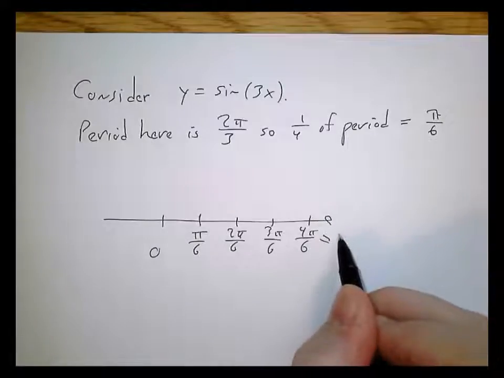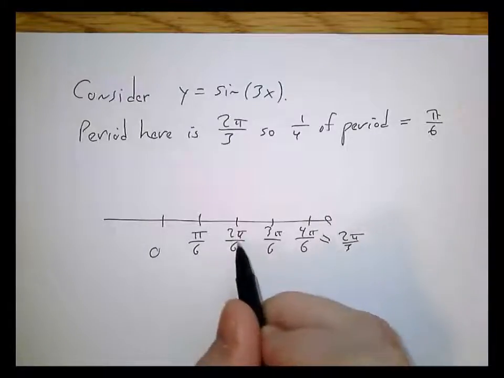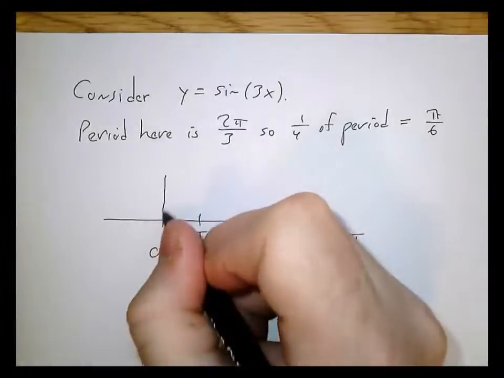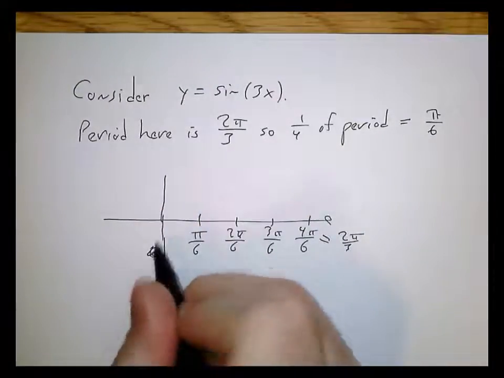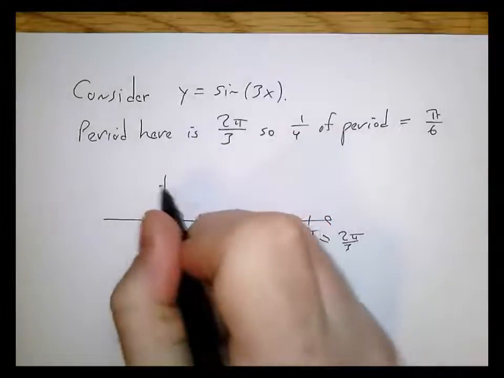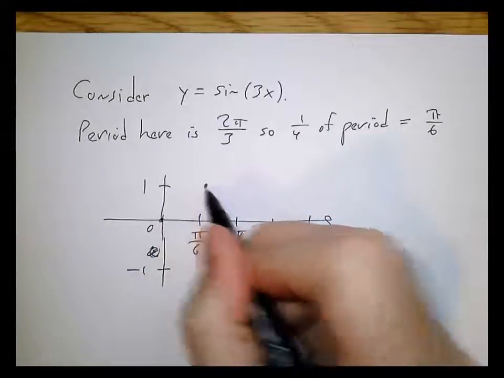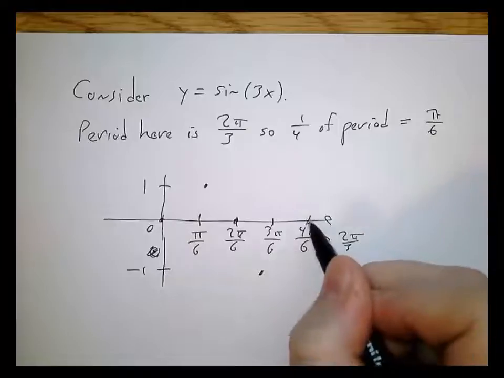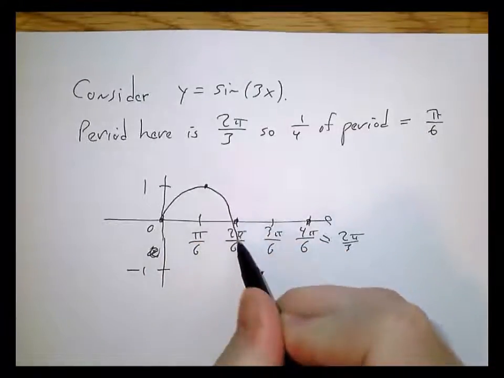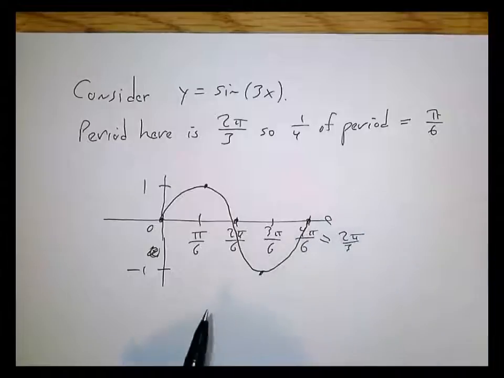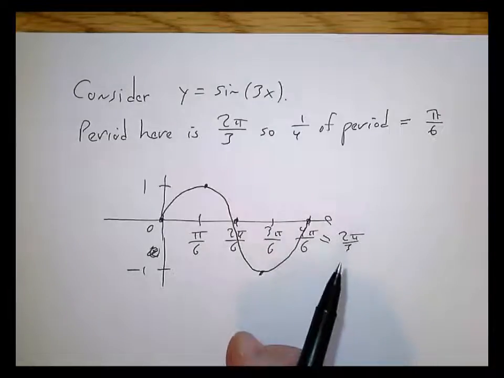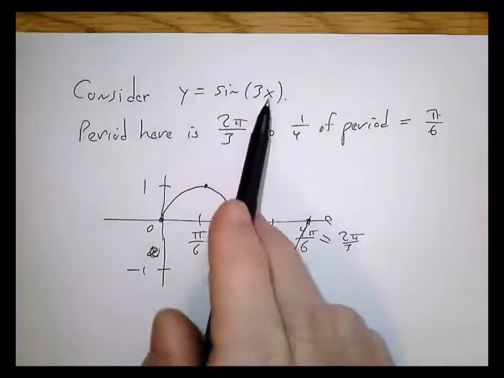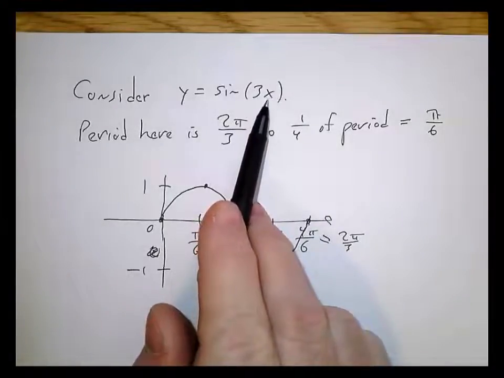Right? This last one here, this is 2 pi over 3. And right here, this is pi over 3. But for the sake of my graph here, I'm going to have my points of interest here again be those 5 points, which I can graph like so. Okay? And so what do I get for this graph here? My graph is shrunk by a factor 1/3. The reason being that my x's have to be 1/3 of their old values